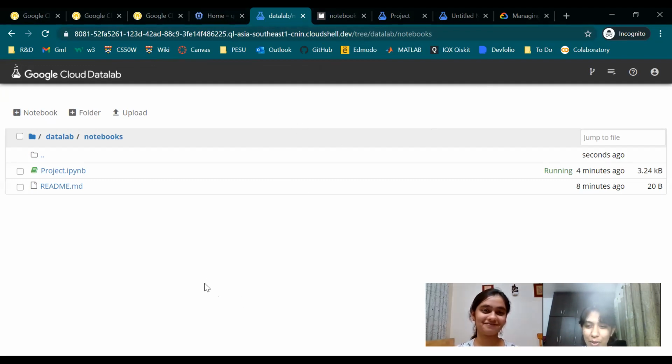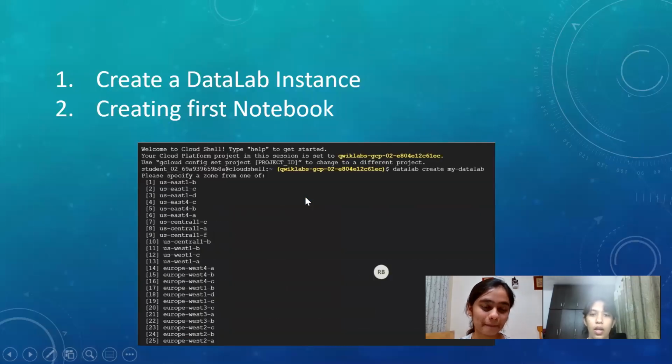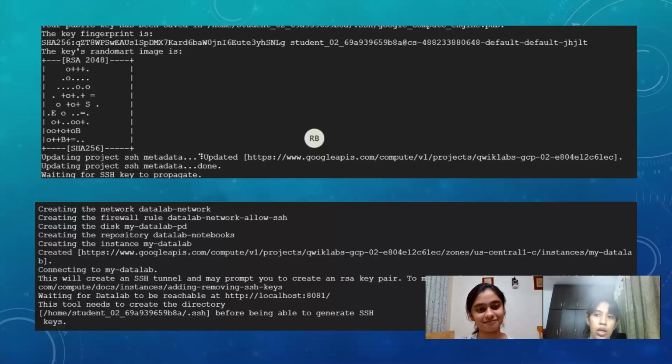Ishita, a word or two on the acknowledgements. These are just screenshots of what we just did. We created the Data Lab instance, entered our zone, and it gave us a random art image.